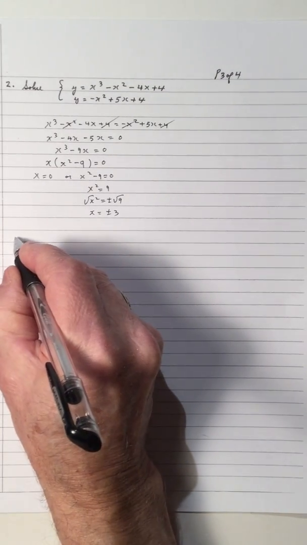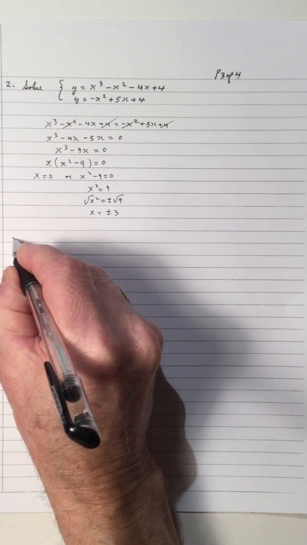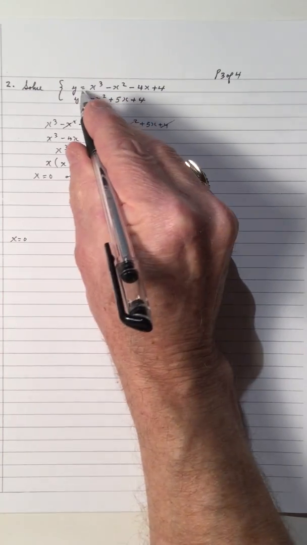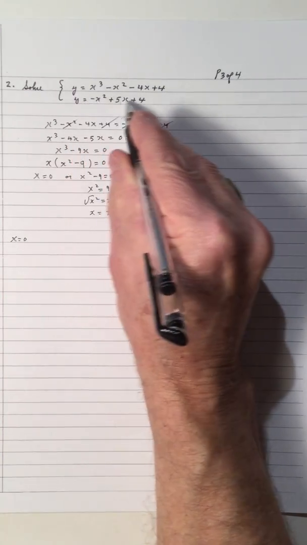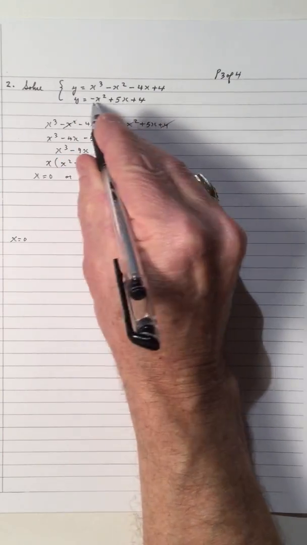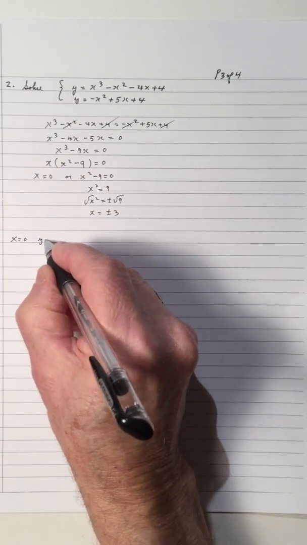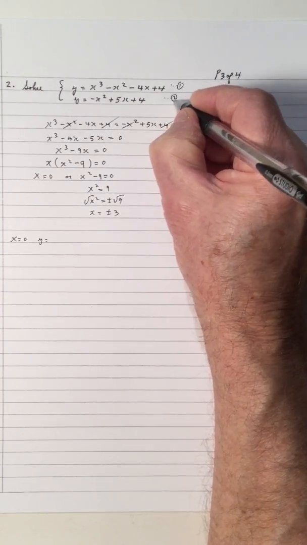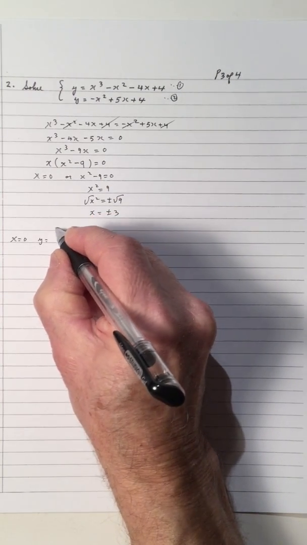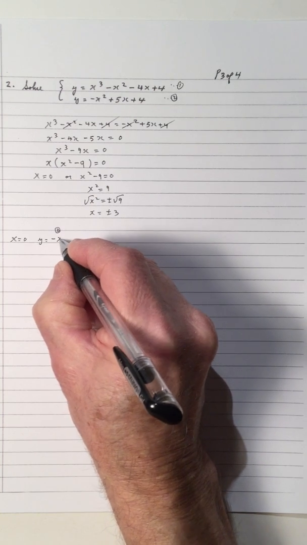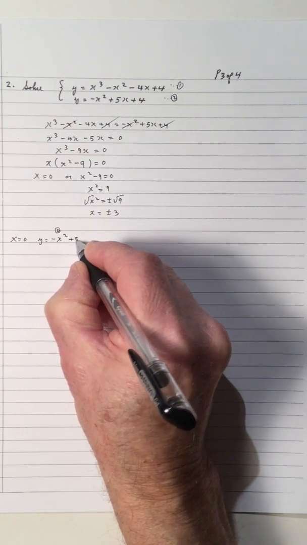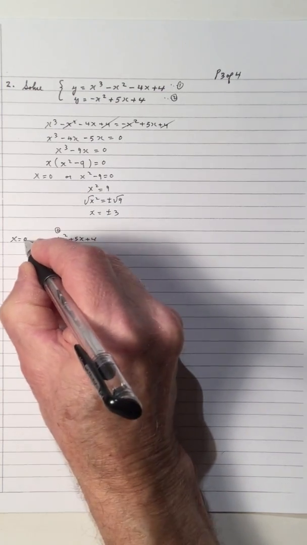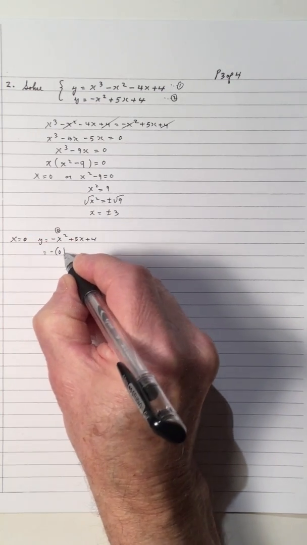So when x is 0, I'll take the first one. I'm going to sub that into, I can sub it into the cubic or into the quadratic parabola. So I'll sub it into, this is equation 1. This is equation 2. Again, I'm going to go into equation 2. Again, I got less x as a sub into, so it's a little bit easier to work it out. So x is 0, so I sub 0 in